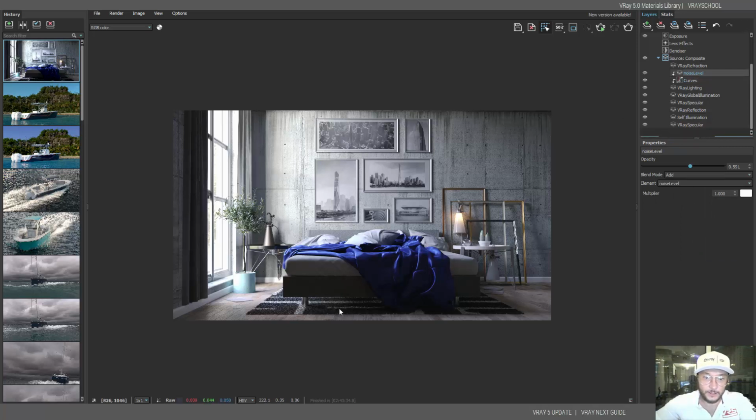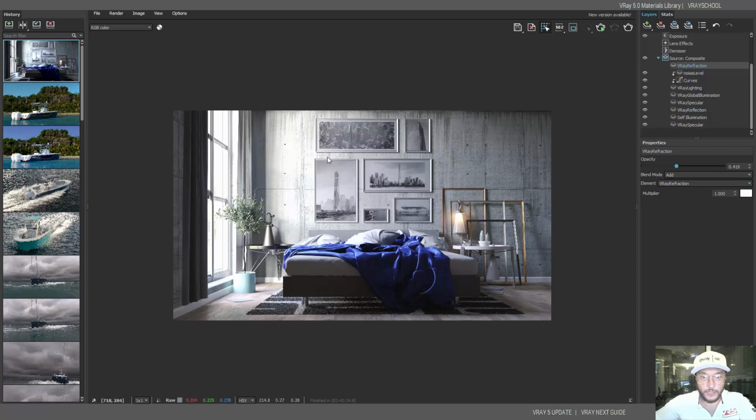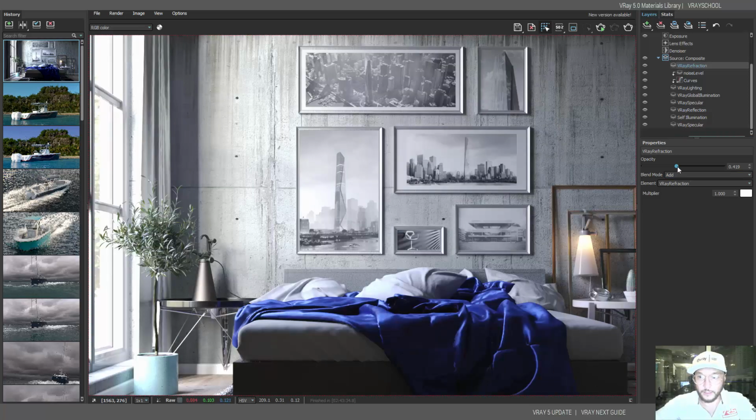Noise level is the one that actually fixes what's under the bed. It's also a part of those passes right here, you can find it. And I added another refraction because I saw that my image is a little bit too dark, so you can add refraction in order to fix all your refractive